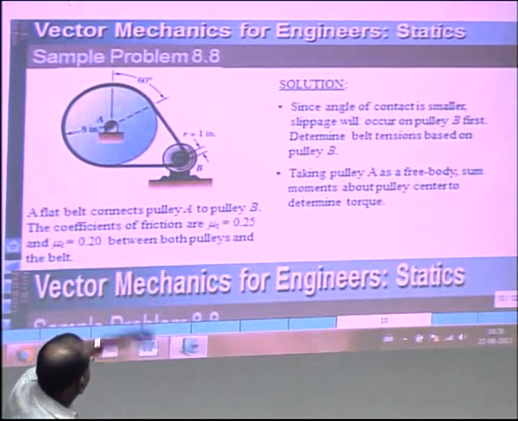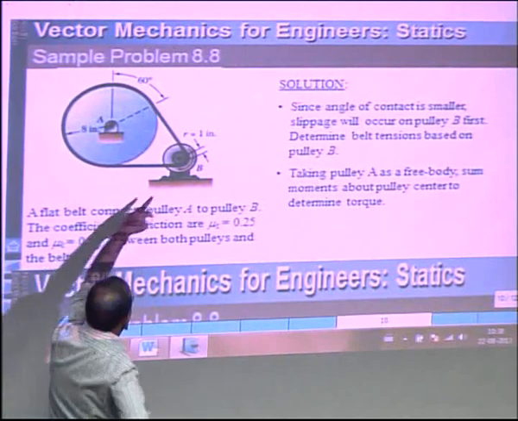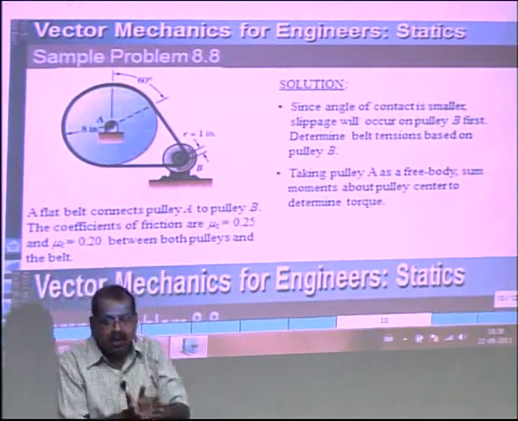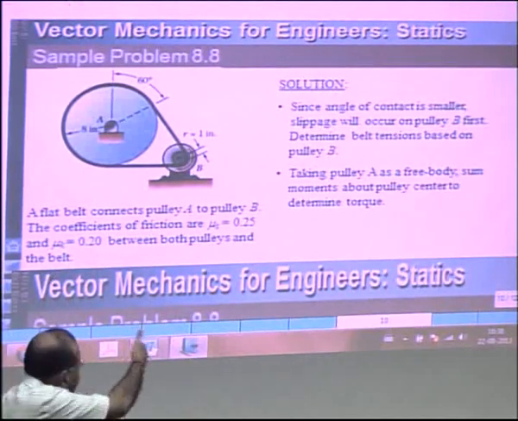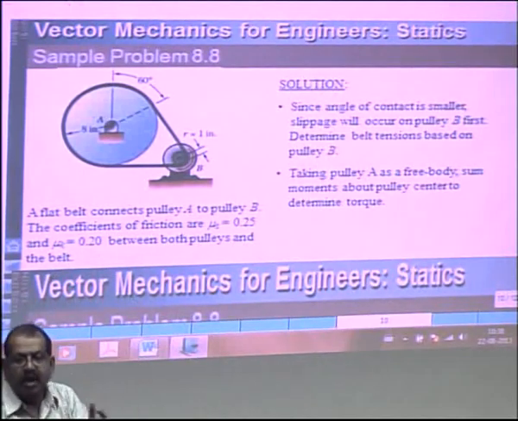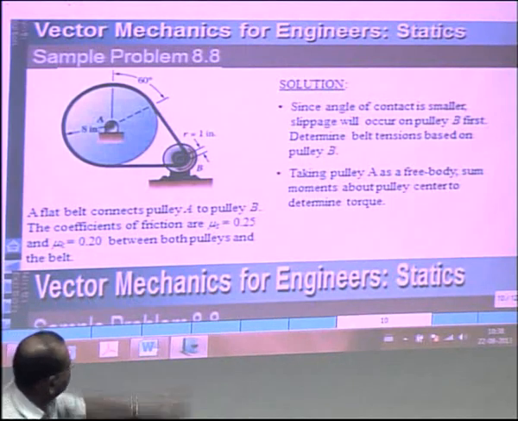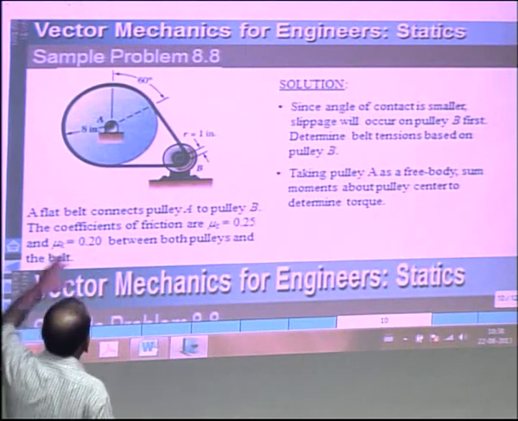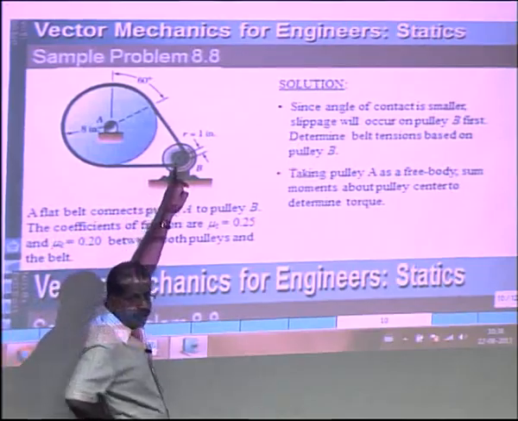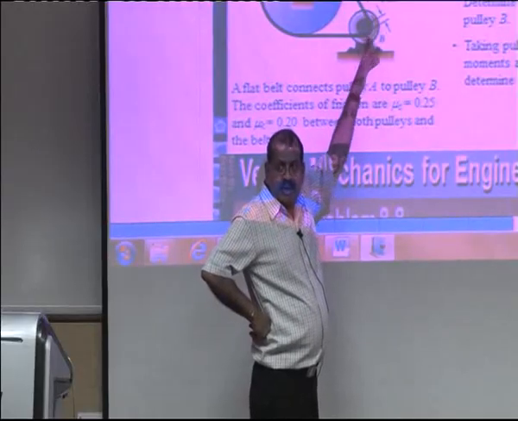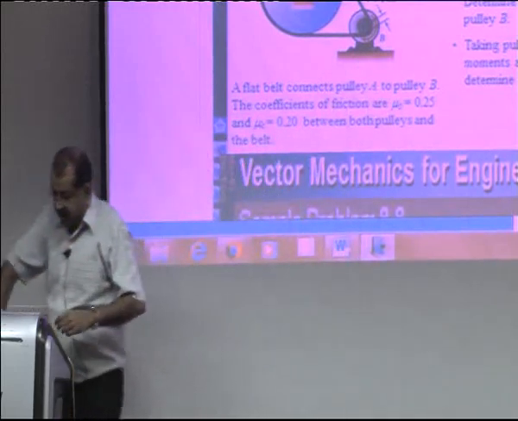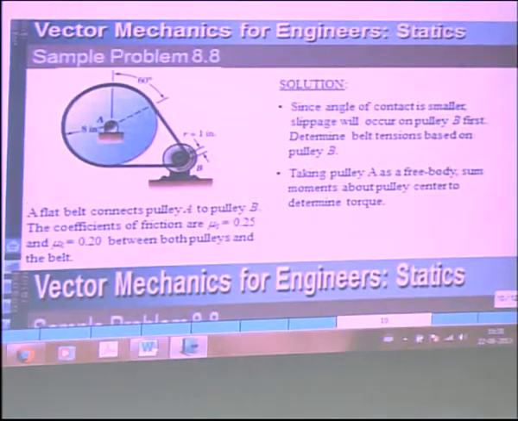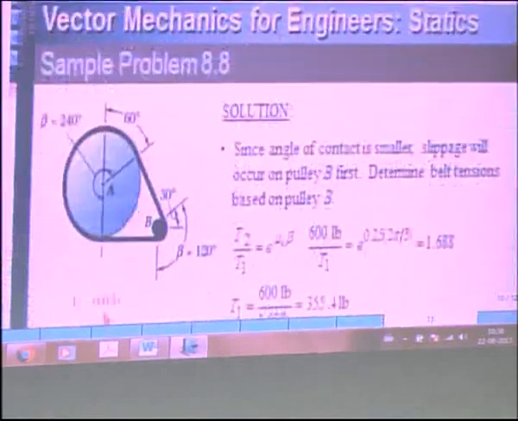That's how it will. Now firstly here the angle of contact on the smaller pulley will be less. On the bigger pulley it is more than 180. On the pulley B the angle of contact is less than 180. So therefore we have to apply T1 upon T2 on this pulley. And once again, which of the tensions is bigger, so we draw the free body diagrams of the